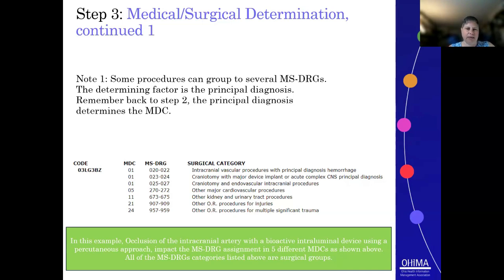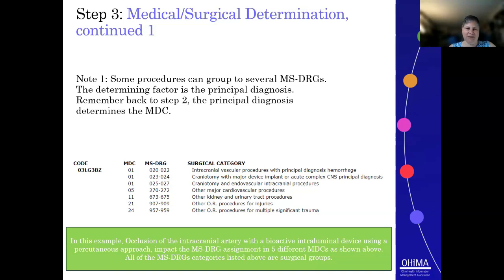So I have an example here of procedure 03LG3BZ. This procedure code maps to many different MS-DRG families or sets. And you can see that here on the lower part of this slide. It could be MDC 1, it could be MDC 5, 11, 21, or 24. So really what determines which of these buckets or which of these MS-DRG families we're going to consider in the next step is that principal diagnosis